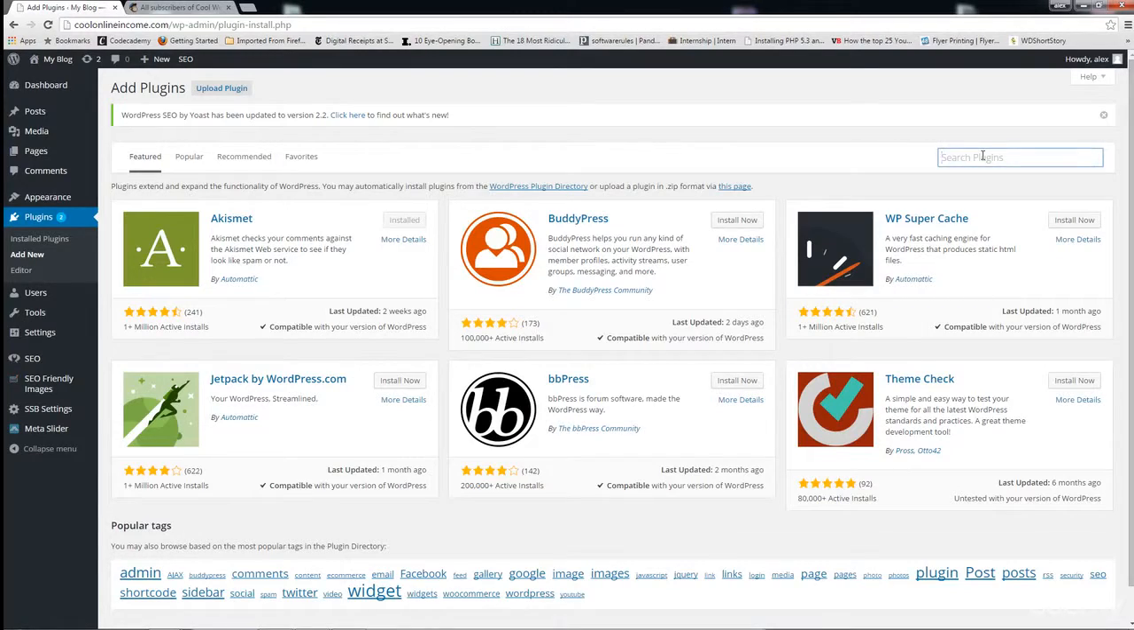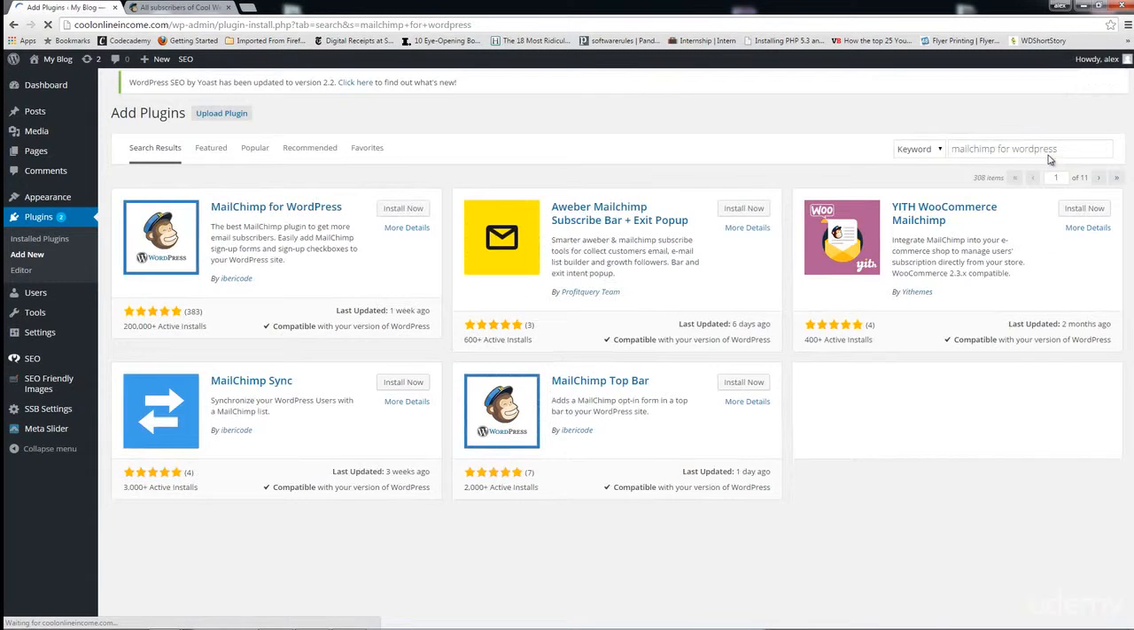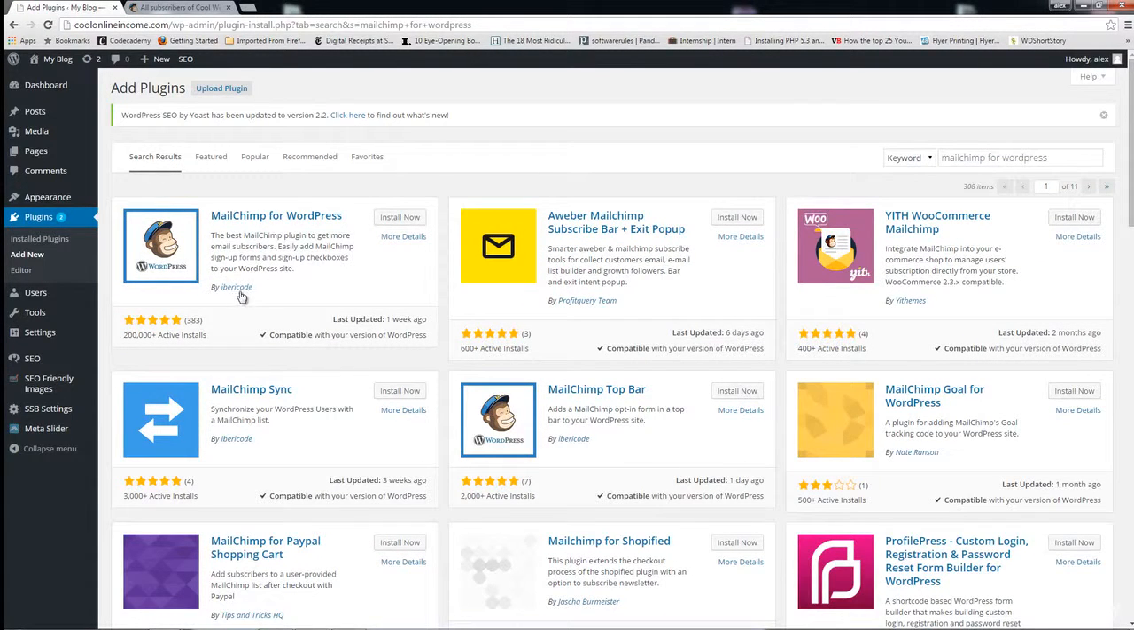Alright, we're back for part 2, and here we're going to install the MailChimp plugin. The name of the plugin is MailChimp for WordPress, and take note that MailChimp is one single word, it's not two words, okay? So MailChimp for WordPress, click on enter, and it's by iberrycode, as you can see. MailChimp for WordPress, install